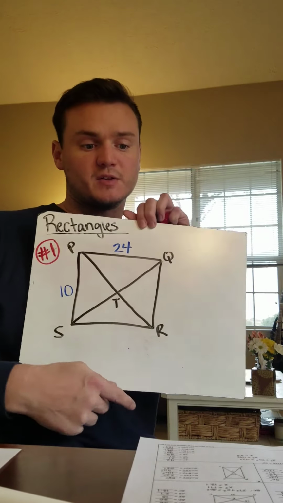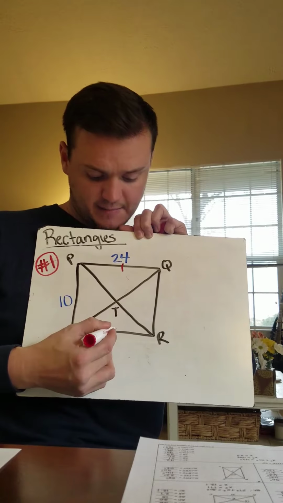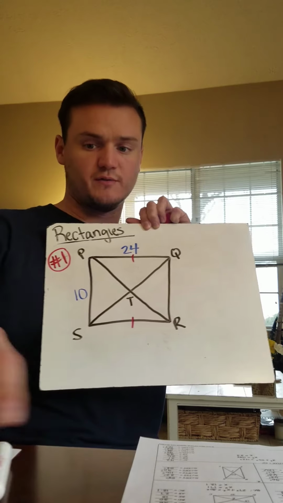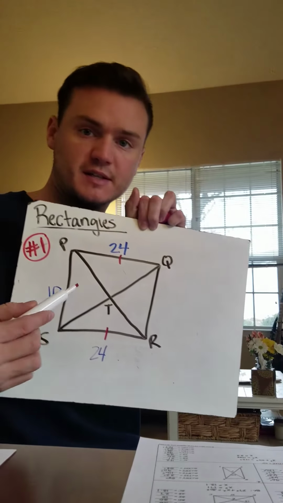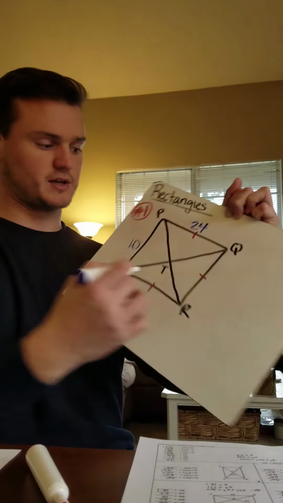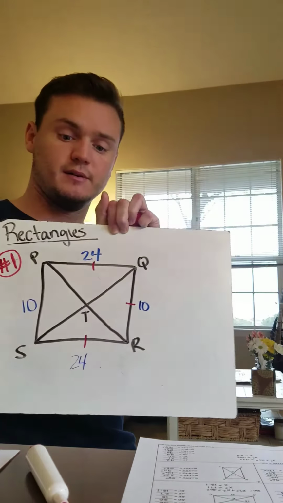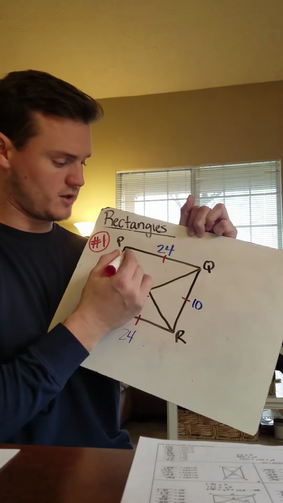So in this one, they tell you that this top one is 24. Remember that if it's a rectangle, the sides opposite are congruent. So this one would be 24 as well. And also, since this side right here is 10, it means that this side over here opposite is also going to be 10. Now, the other thing to remember is that if you're dealing with a rectangle, all of these angles